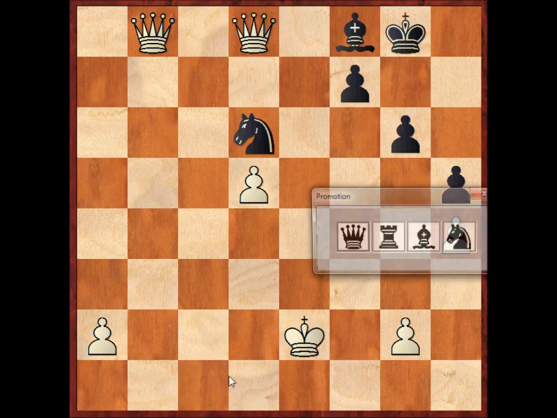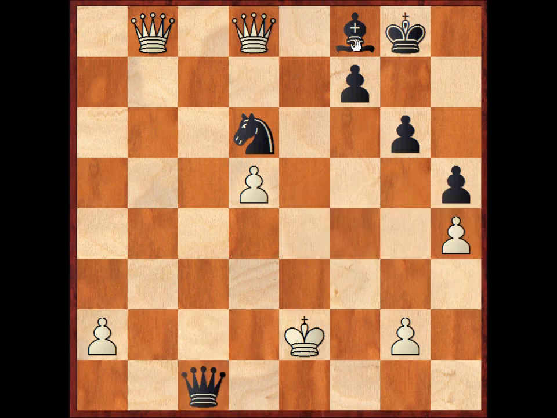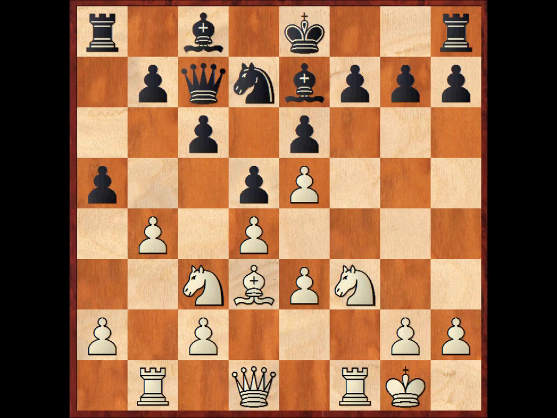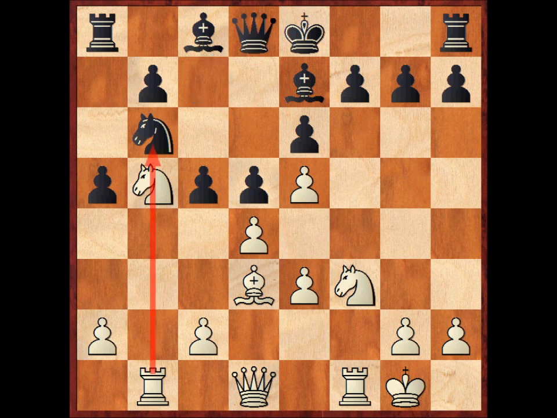He can have a queen if he wants. Let's take, and check, mate. So, I thought it was quite an interesting game, nevertheless. It's a nice little combination here after a5. After c5 here, b6, and after takes, knight b5, queen to d8, now knight g5, which these moves are quite hard to see